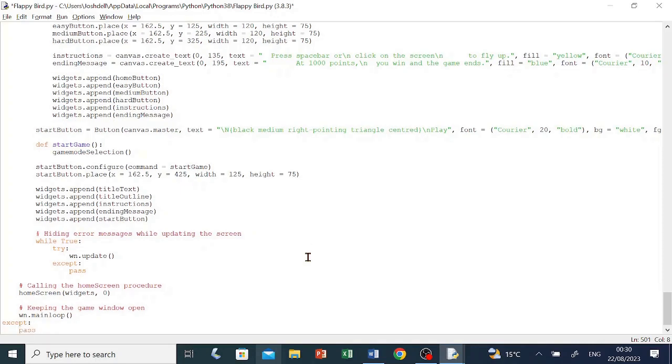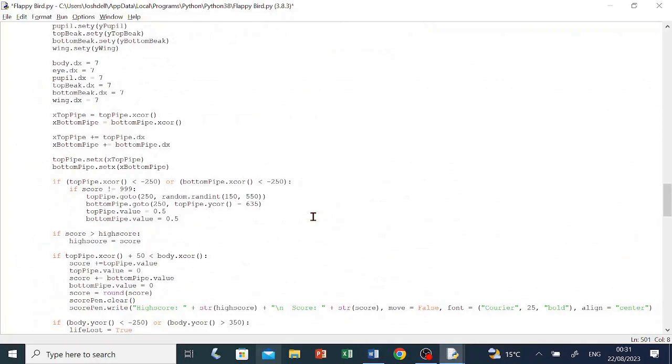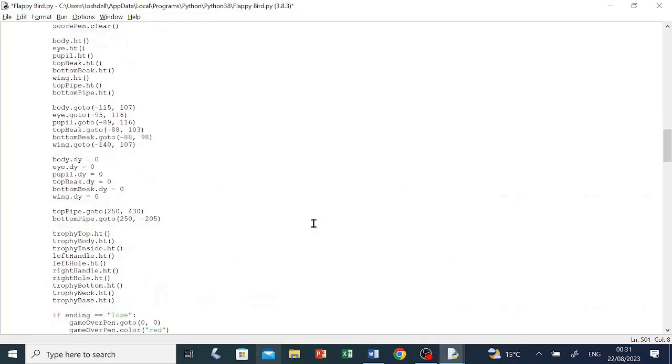Now, if there is any error message, it's going to be hidden, and we're not going to be able to see it. Now, there's one other place that we need to put the try except structure, and that's inside the game procedure that we created. So if you go up and find that game procedure where you actually created it,